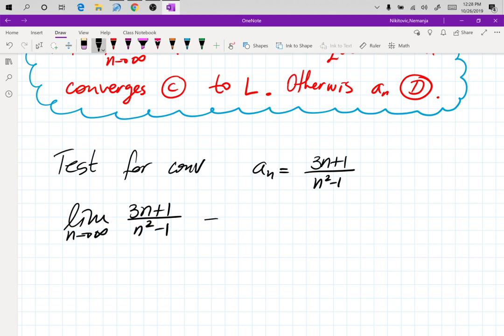So, let's do the L'Hopital first, because this is infinity over infinity. L'Hopital will give us the limit as n goes to infinity of 3 divided by 2n, and that's 0, because you are dividing a finite number by infinity. We just saw, right, I had that experiment done where we had that one big piece of paper, and as you keep dividing it, it turns into confetti and then into nothing. You can also,